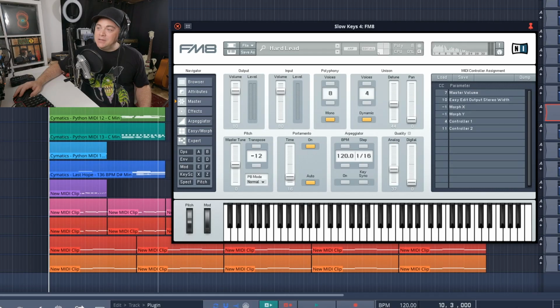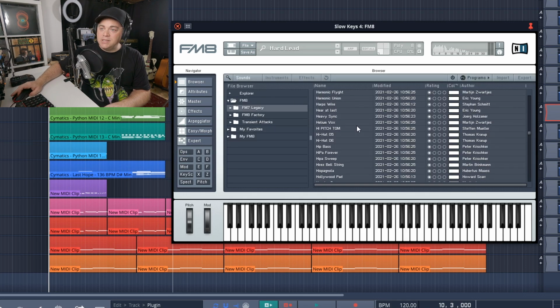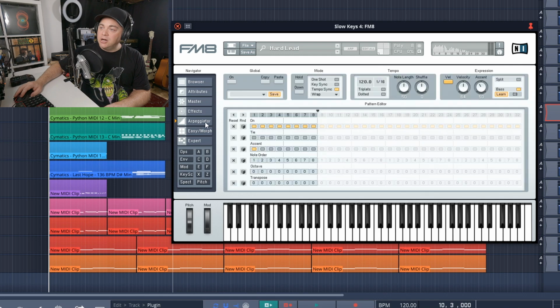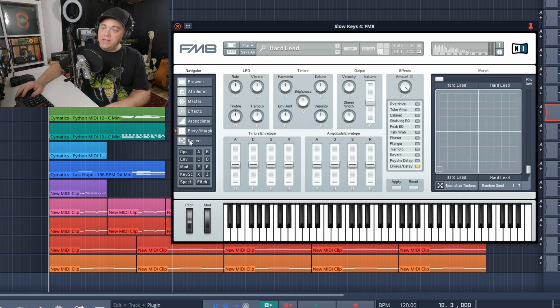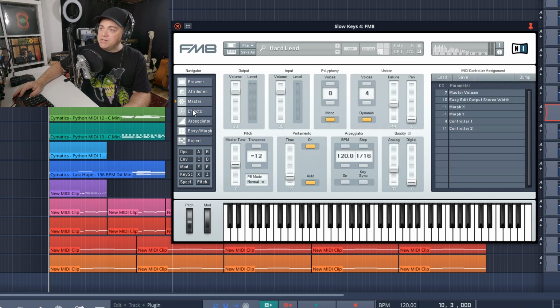Now, if you want a huge FM synth that sounds like an FM synth, FM8 is the one for you. And you can create sounds for pretty much any genre of music with this thing. And because you can create sounds for pretty much any genre, it does come with 1,200 presets, which is absolutely huge. So of course you can access your presets in here if you wanted. You also can access some master settings, effects, arpeggiator in here, easy morph, and then you have your expert settings in here. The user interface is really nice and clean, making it easy for you to navigate pretty much every section here.